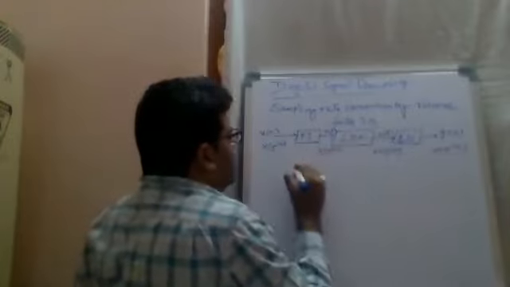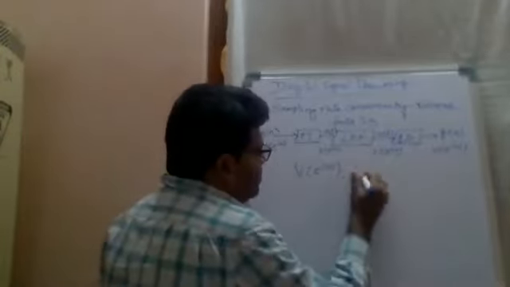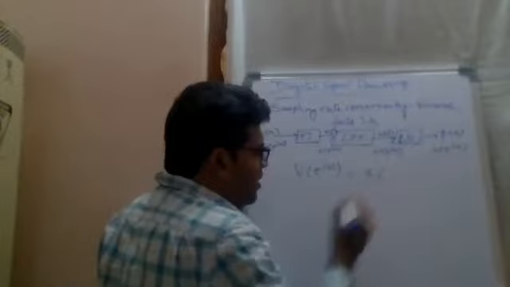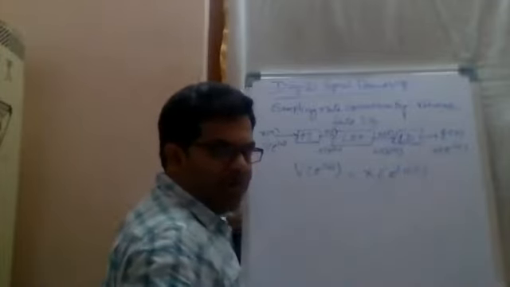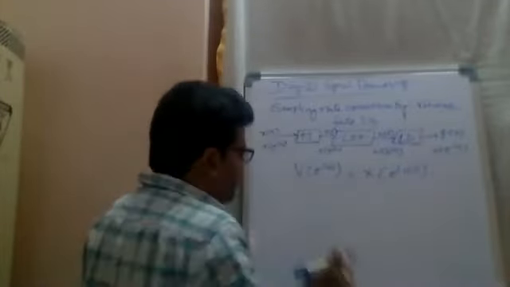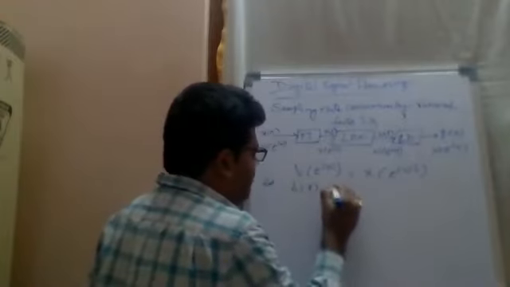Now let us try to derive the equation for Y of e power j omega. From the first part, your V of e power j omega can be given as, as this is the interpolation process, in the previous lecture we have seen V of e power j omega equal to X of e power j omega I. We have already derived this expression, right? Now let us say this low pass filter has an impulse response h of l.